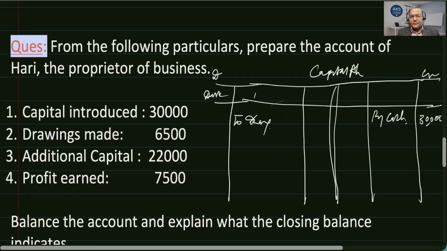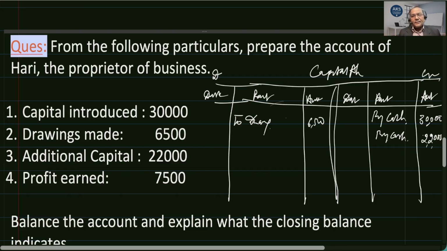So date, particular, amount, I'll write here. So we will write here 6,500. All right. Now additional capital 22,000. Additional capital which is brought in by the businessman. So cash is coming into the business. So by cash, we will write here 22,000, and there capital is required to be credited. So this is how it is finally entered in the book. By cash means cash is debited and capital is credited, because we are writing cash in the credit